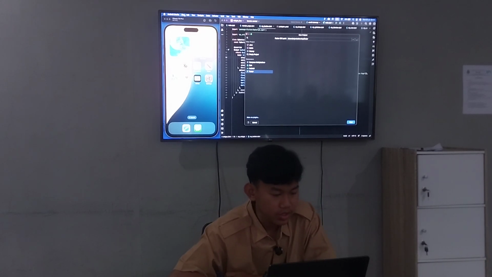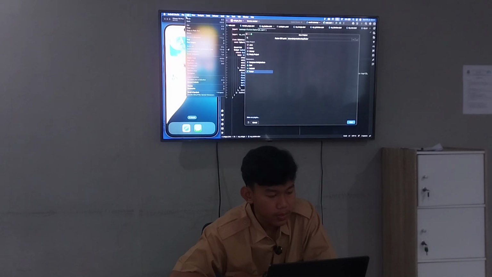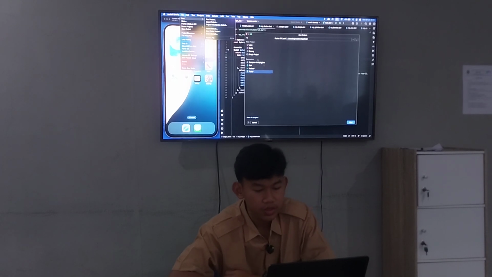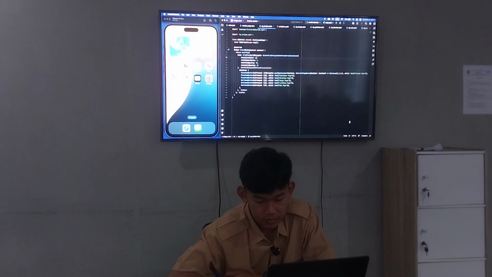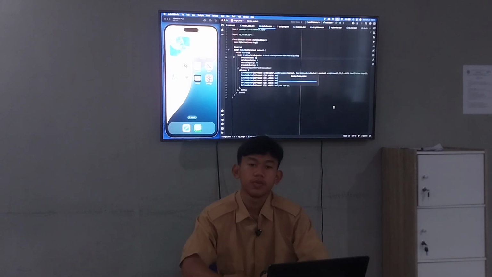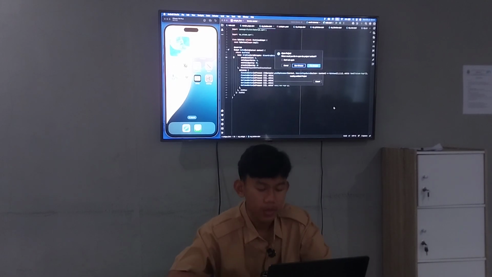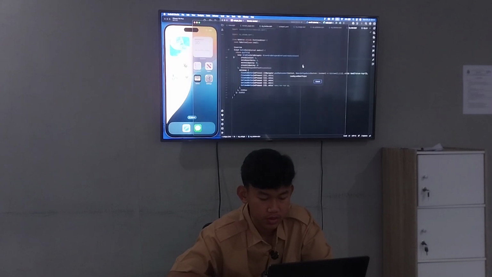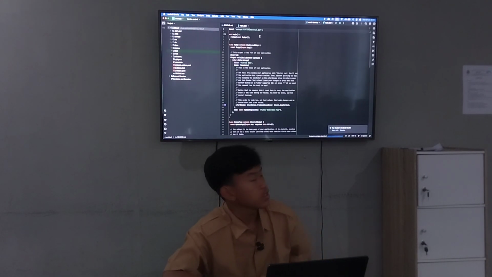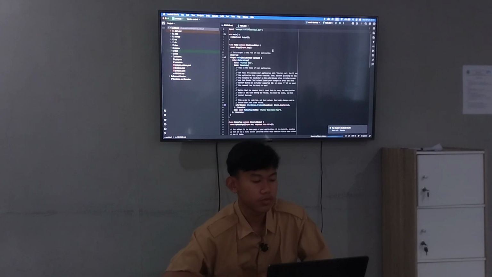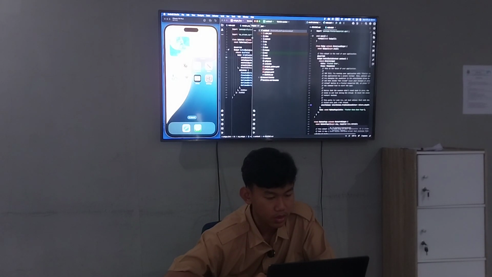Okay, after you click new Flutter project, you can click next here. Okay, this is our page of Android Studio.